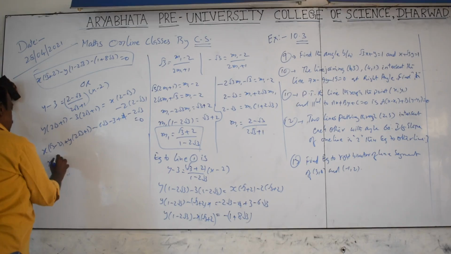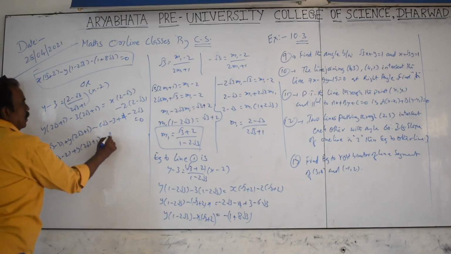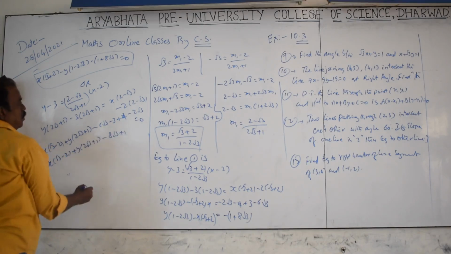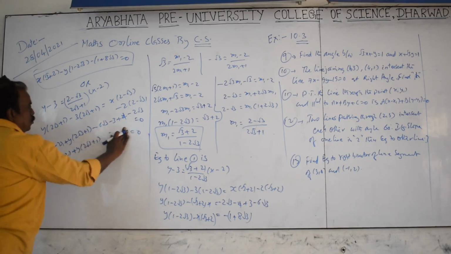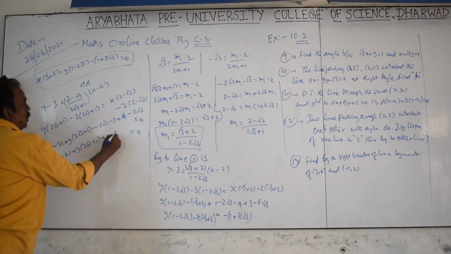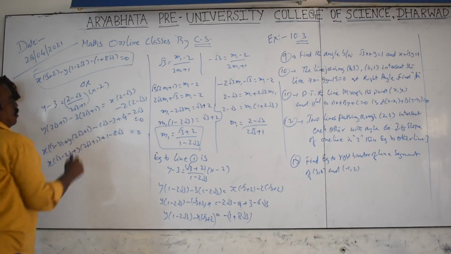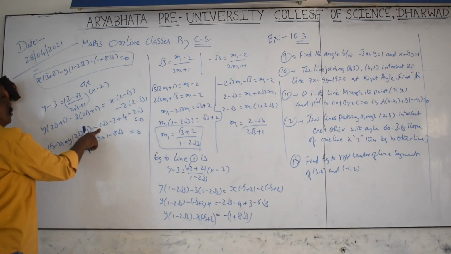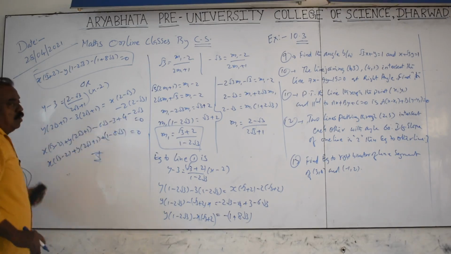So, it is x of (root 3 minus 2) plus y of (2 root 3 plus 1) minus (8 root 3 plus 1) is there. Like this. Or otherwise, you write 1 minus 8 root 3. Now 4 minus 3 is plus 1, minus 6 root 3 minus 2 root 3, 8 root 3. Like this we have to solve.